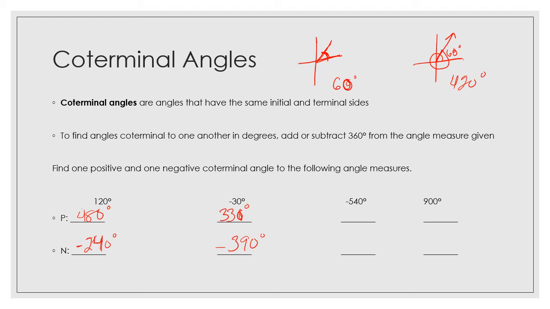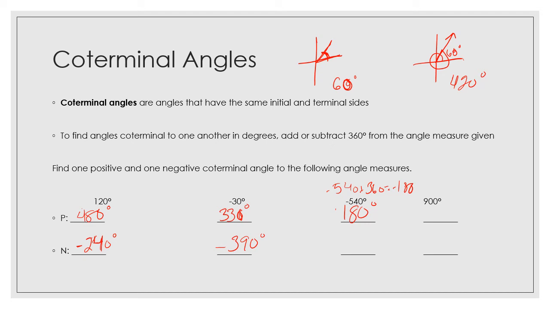So sometimes you will not automatically get exactly where you need in one step, because 540 degrees means that there's more than one revolution around the coordinate plane. So then what you need to do is keep adding 360 until you get a positive number. I have negative 540 plus 360 equals negative 180. That does not get me a positive one, so then I need to add 360 again, and that gets me